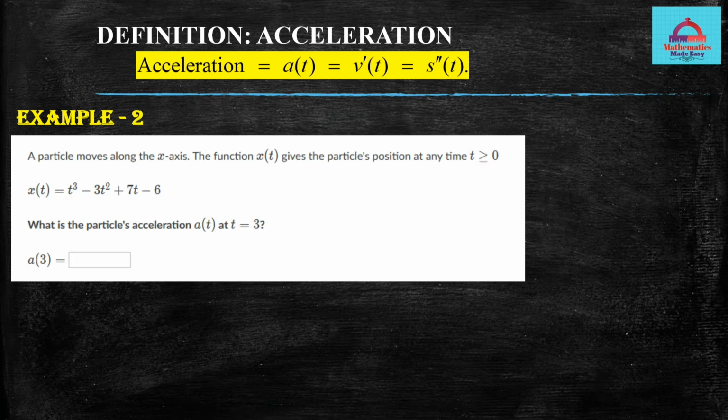Okay, let us now define acceleration in terms of the derivative. So in terms of the derivative, your acceleration is defined as the first derivative of the velocity. Because if you go back to your physics, if you just go back to your topic of motion, I'm sure you are able to recall that acceleration is the rate of change of velocity with respect to time. That means we are going to take the first derivative of the velocity, or if I may just write it in terms of the position vector, then it is going to be the double derivative of the position vector.